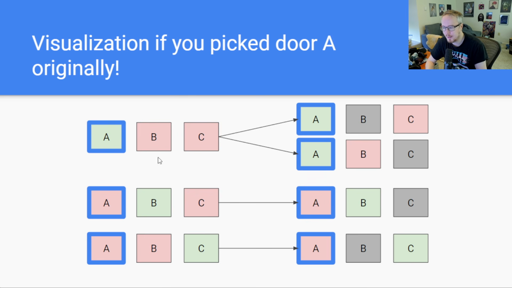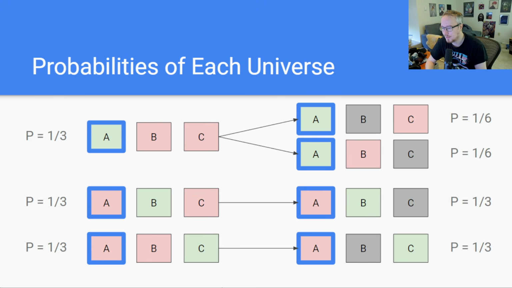It's a slightly illogical problem, but it ends up being pretty straightforward. If we chose the sports car, which is only a 1 in 3 chance, then we should stick with our current door. But if we didn't choose the sports car, which is a 2 in 3 chance, because 1/3 chance of this world and 1/3 chance of this world, then we should switch. So, 2/3 chance to get the sports car if we switch, 1/3 chance if we stay on our current door. Straightforward, a little bit tricky, and it trips people up.